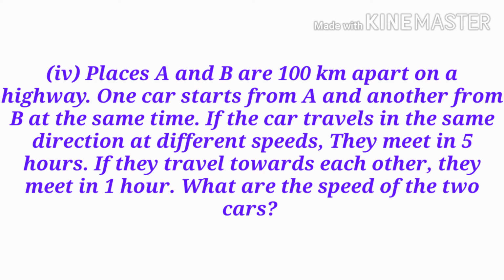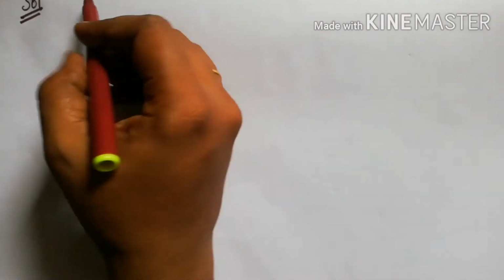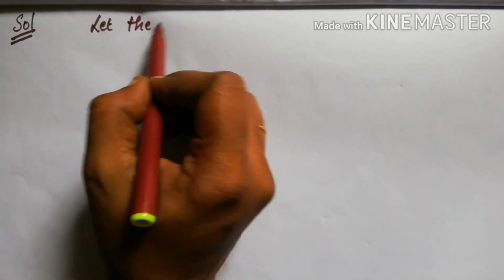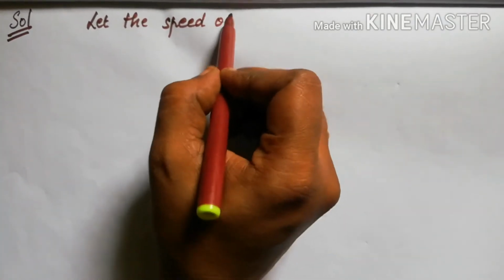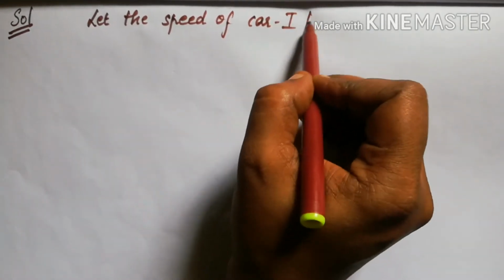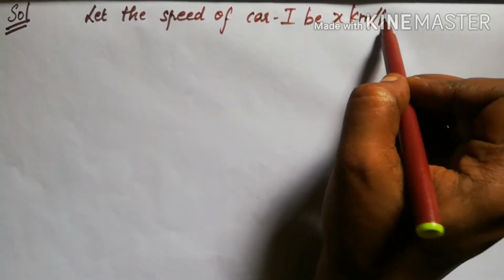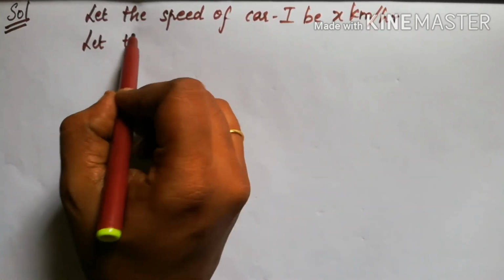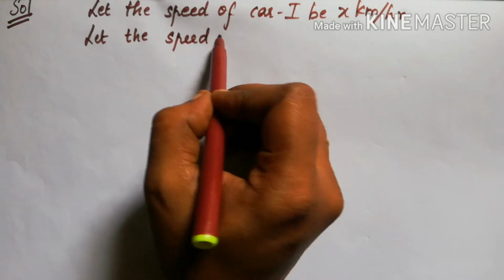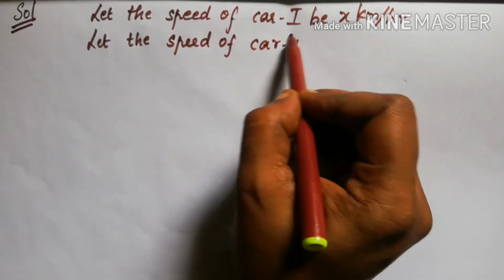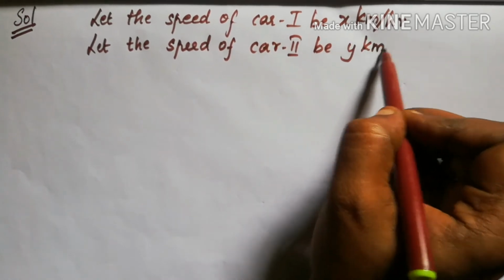What is said about the speed of the two cars? They both are traveling at different speeds, it is said. So you can assume for both the cars, the speed has some x and other car some y. Okay, so now we will see that. So first, you assume, let the speed of car 1 be x kilometer per hour. So there are two cars now, they travel in different speeds. And what is that speed we are asked to find? And the speed of car 2 be some y kilometer per hour.